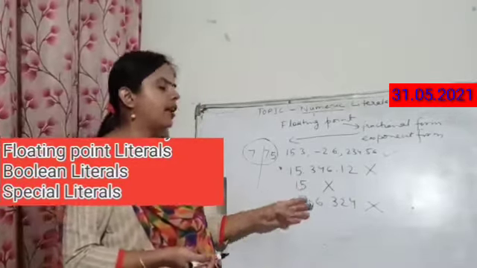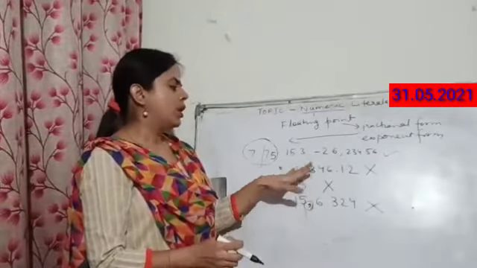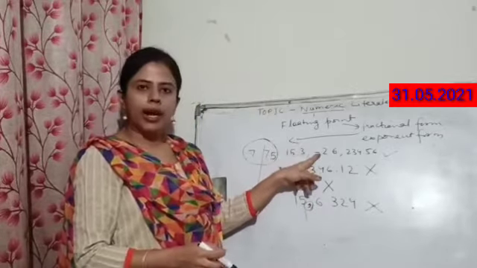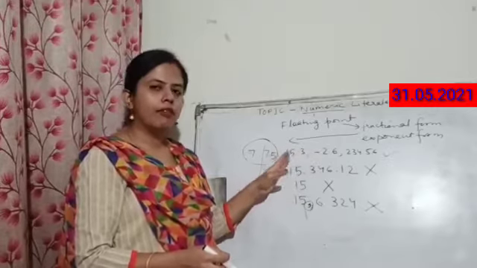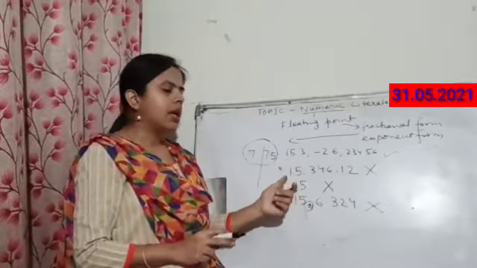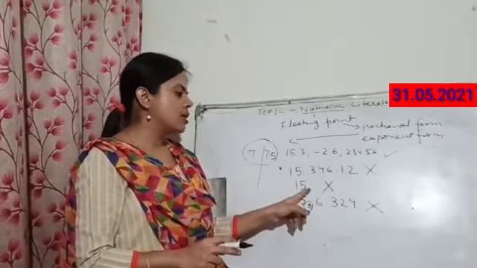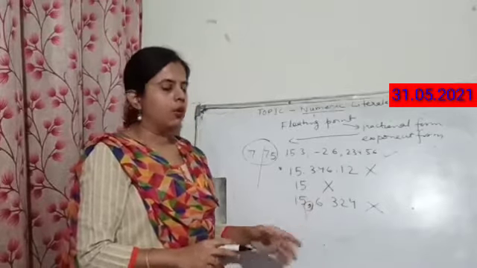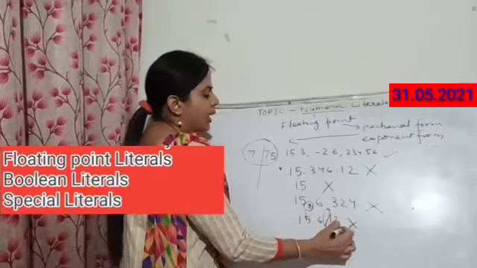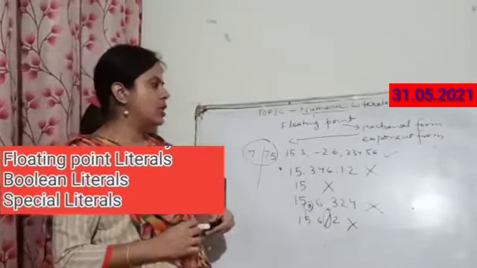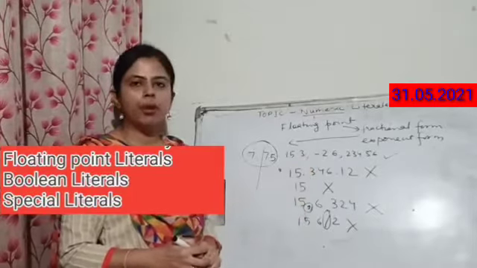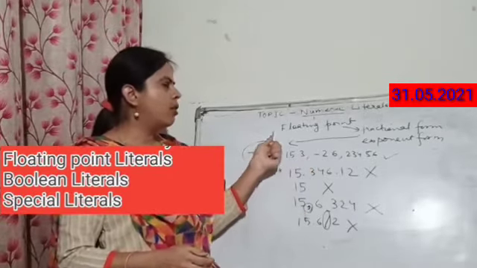So this is how it can create confusion, or it might come in an exam, asking which are the valid floating point literals. You can easily note that it can be positive or negative. It should have a fractional, decimal part, but two decimal points are not allowed. A single number cannot be a floating point literal because there is no decimal point. Comma is also not allowed. If 15.6 by 2 is given, this is also not allowed. The division sign is also not allowed. So these are illegal floating point literals, and the others are legal floating point literals. Now we will see the exponent form of floating point.